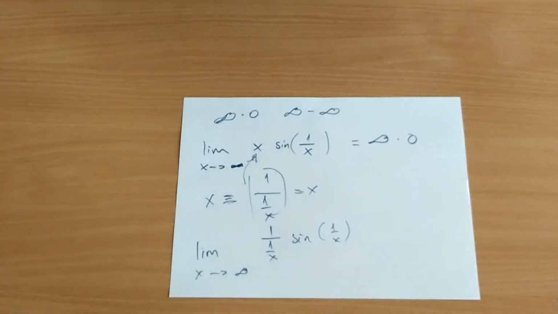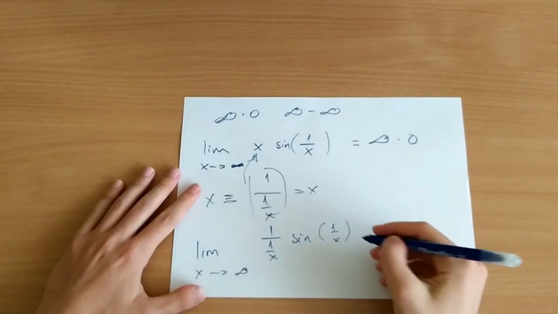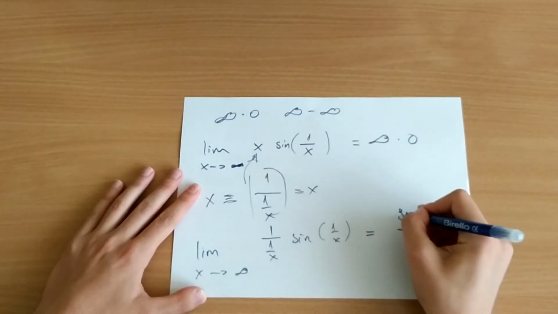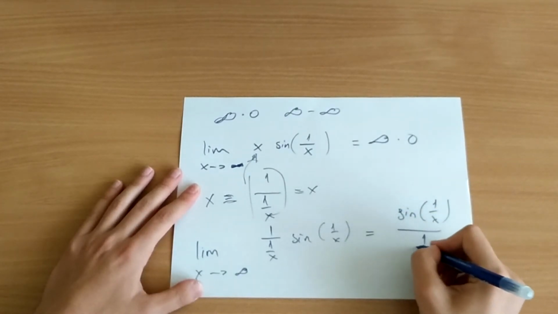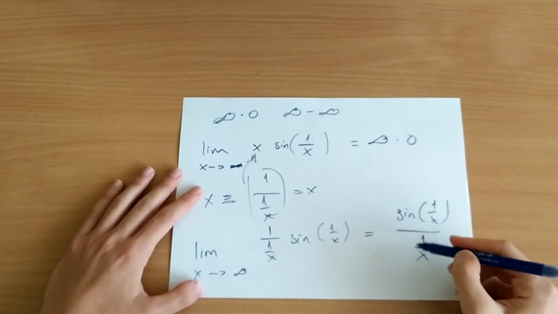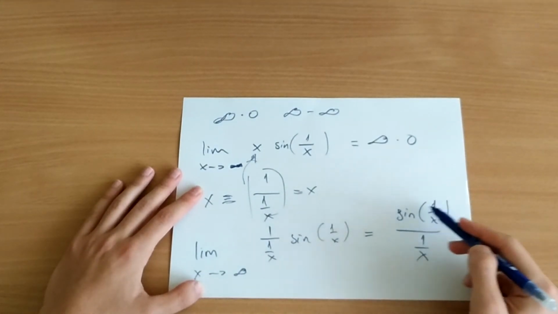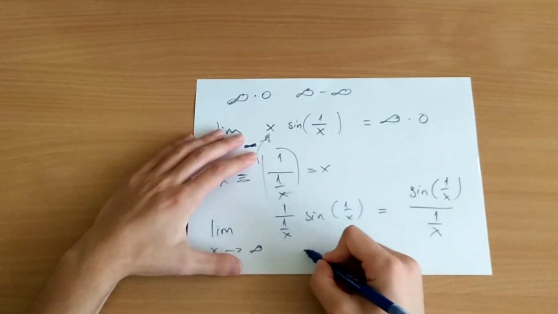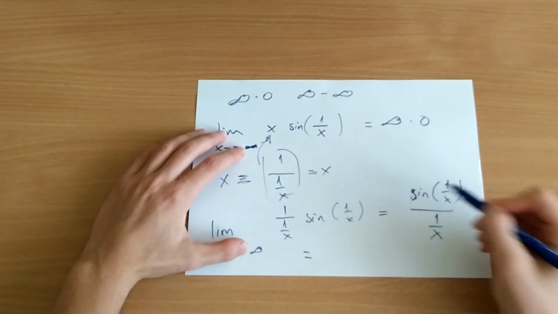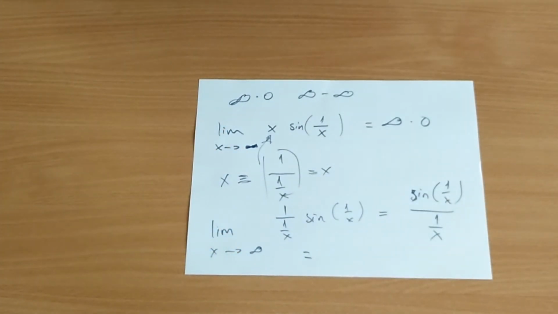Okay, and if we use L'Hopital's rule now, actually we can rewrite this as sine of 1 over x over 1 over x, and here we will get in this expression 0, and here we will get 0 if we replace x with the infinity sign. And if you use L'Hopital's rule, we will get, let's see, the derivative of sine of 1 over x